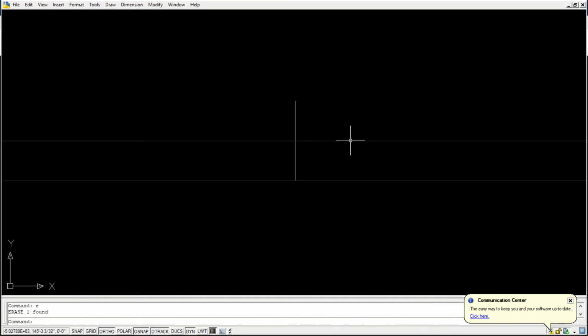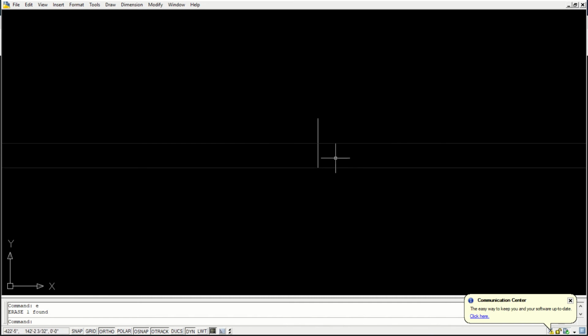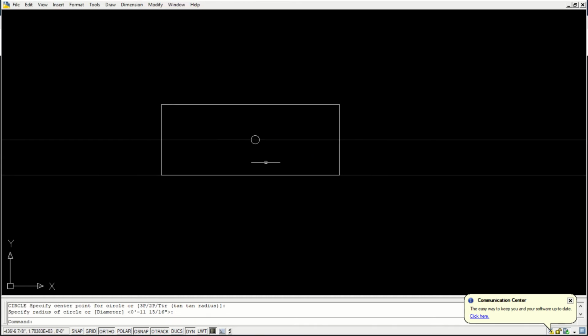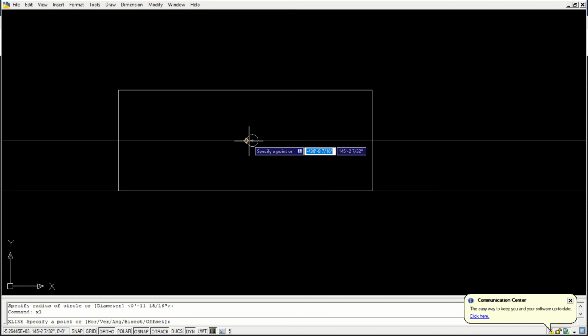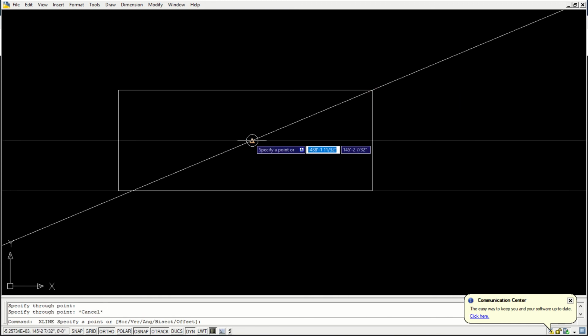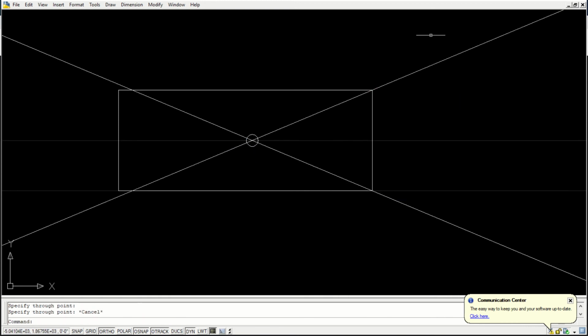Now what we need is to fix vanishing points. In 1 point perspective, what we did, we kept one vanishing point here, and then we started constructing this room frame, right?